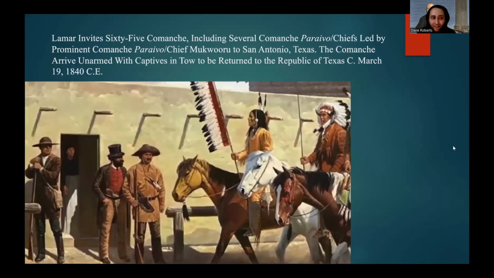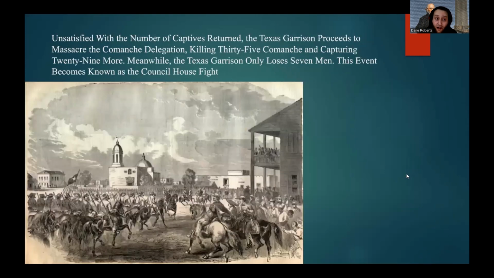On March 19th, 1840 CE, Lamar would invite 65 Comanche, including several Comanche chiefs led by prominent Comanche chief Mukwuro, to San Antonio, Texas. The Comanche would arrive unarmed with captives in tow to be returned to the Republic of Texas. Unsatisfied with the number of captives returned, the Texas garrison would proceed to massacre the Comanche delegation, killing 35 Comanche and capturing 29 more. Meanwhile, the Texas garrison would only lose 7 men, with this event becoming known as the